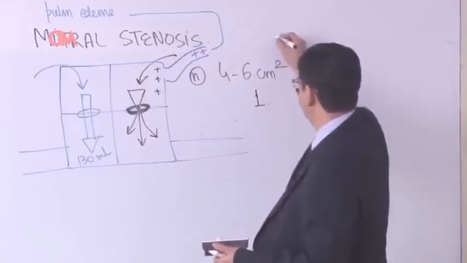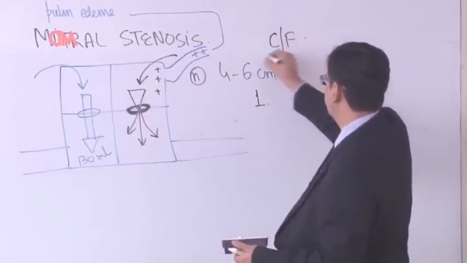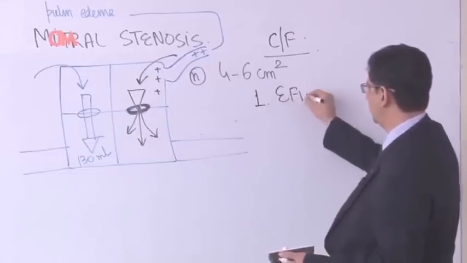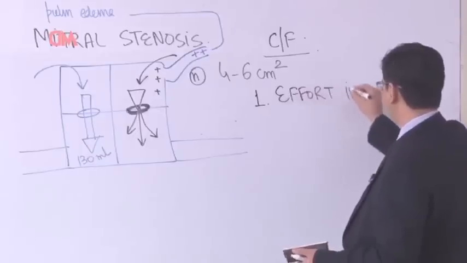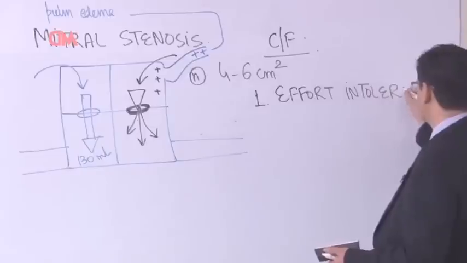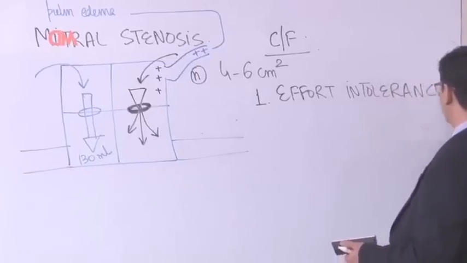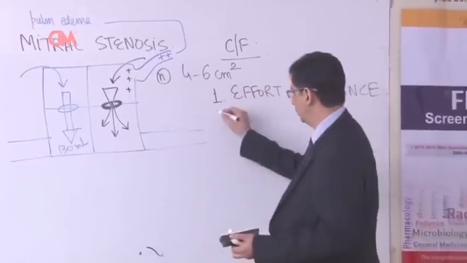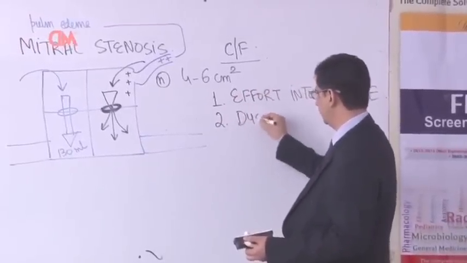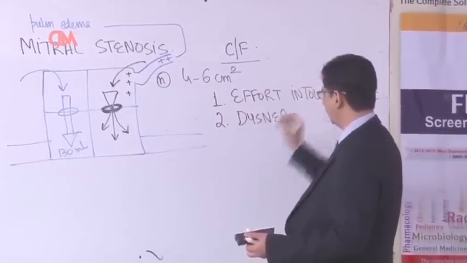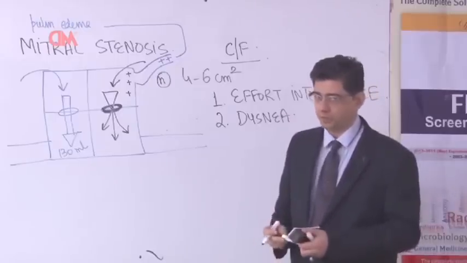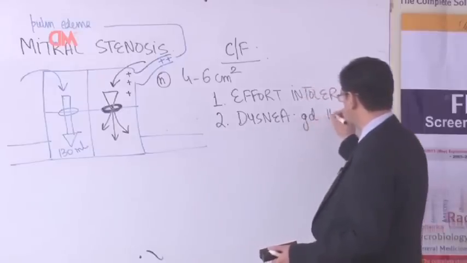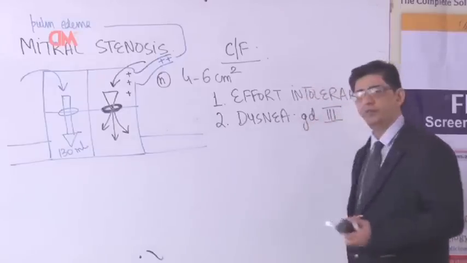Therefore, when it comes to clinical symptoms seen in patients of mitral stenosis, these patients will always have complaints of effort intolerance. This effort intolerance would especially come because there is a low cardiac output in the patient, less blood comes in, less goes out. The second complaint that would be seen in these patients would be difficulty in breathing. Initially, this difficulty in breathing might be seen only on physical exercise, but later on it might translate into dyspnea grade 3 or dyspnea grade 4.